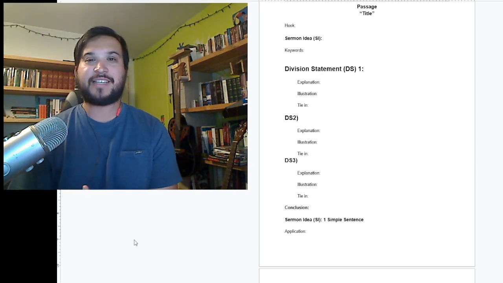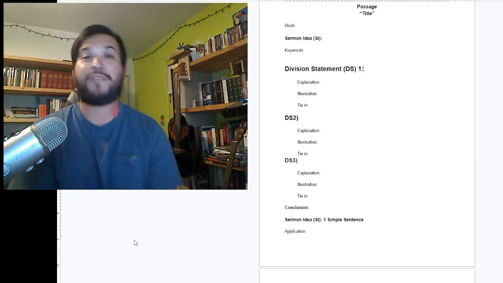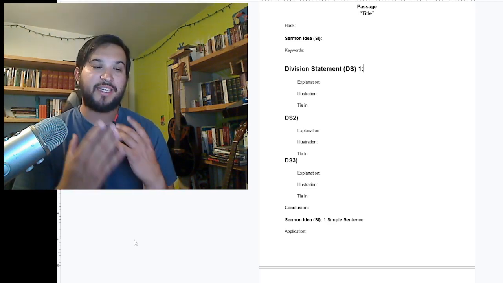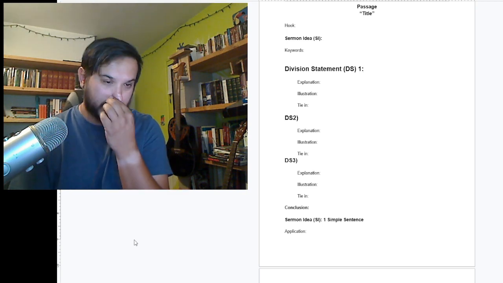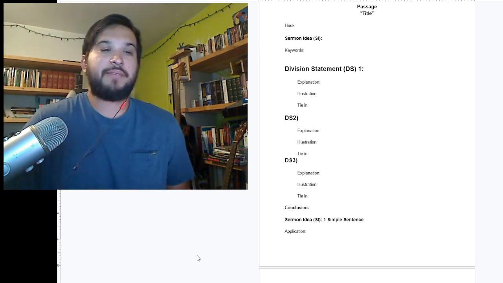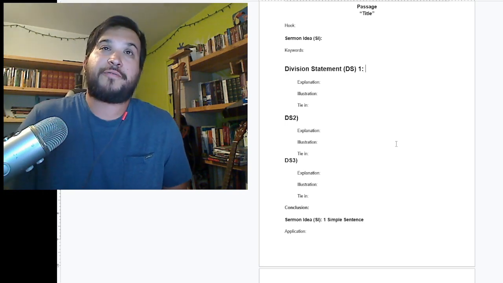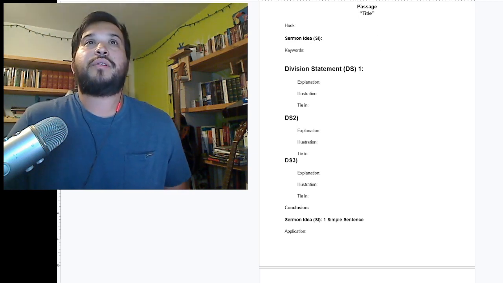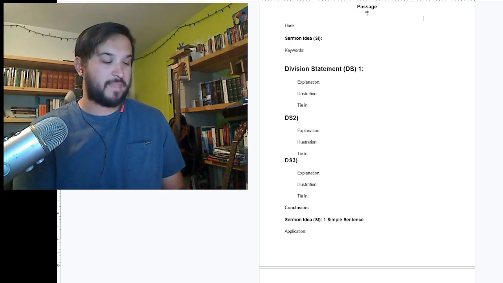I don't come to the text saying I want to do a 1 point sermon, and I'm not coming to the text saying I want to do a 5 point sermon. I'm coming to the text and I'm looking at it and I'm seeing how many points are there in this passage. So we have our division statements, which are kind of our subpoints, and they are going to be derived from the text as well. In the last video, we were working with the sermon idea, and